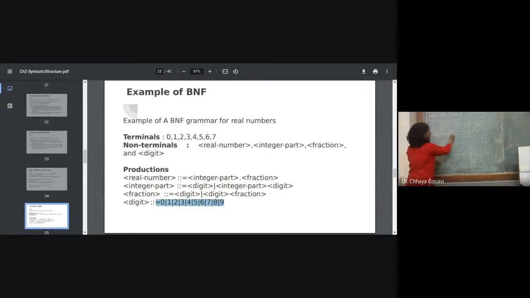So this is the integer part and this is the fraction part. So we call it integer part dot fraction part. Now for integer part we can have digit, or integer part followed by digit.